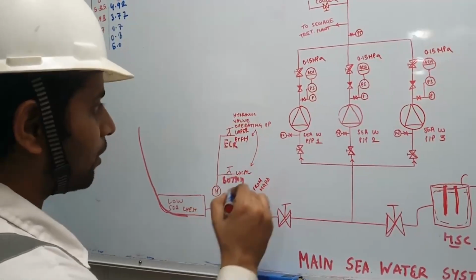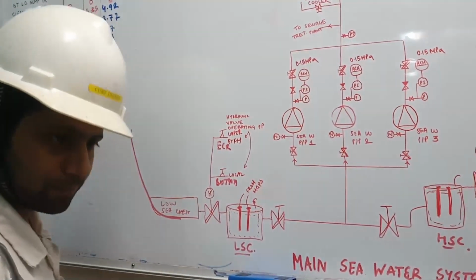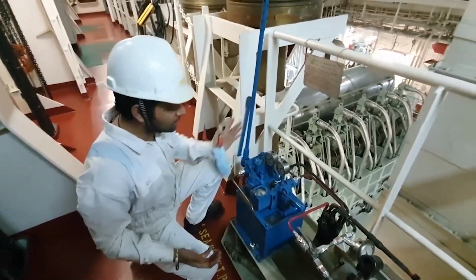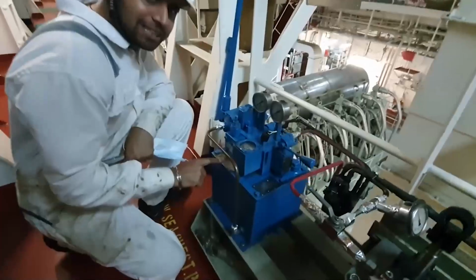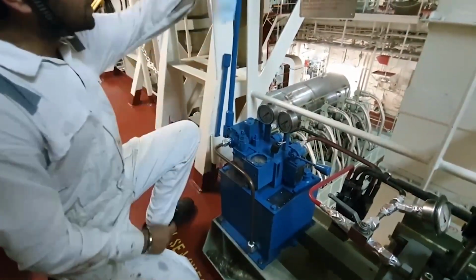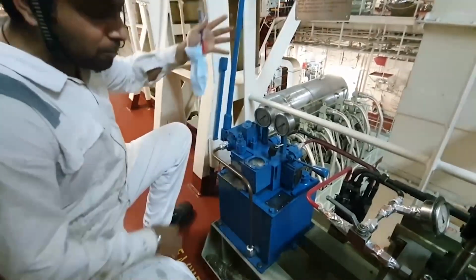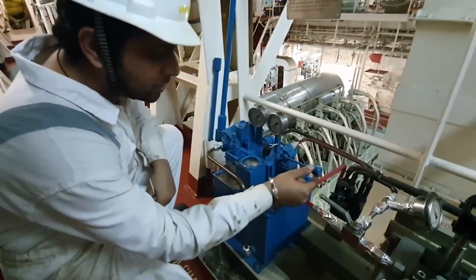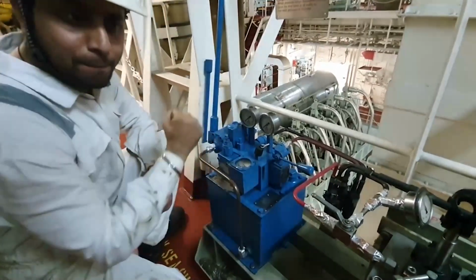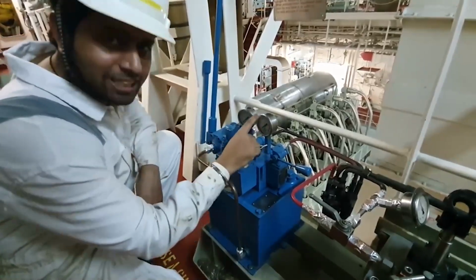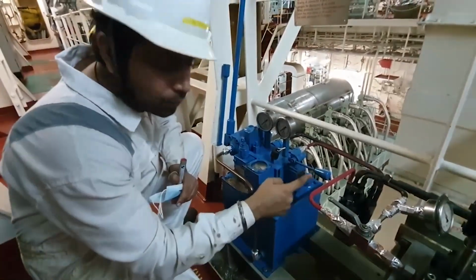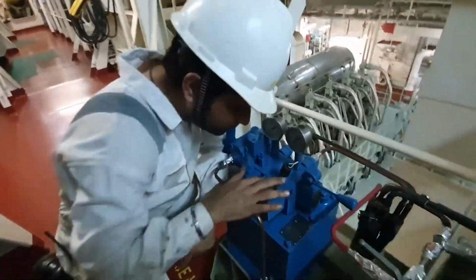Perfect guys, this is your hydraulic system fitted over there. Now first of all, let me come and show you this. Come. So guys, this is my engine control room platform, the ECR platform. I'm not on the bottom platform. This is the low sea chest and pump fitted over here. If I want to operate this one, I can do it from over here. How? This is a hand pump fitted. I will build up pressure from over here, and this is a directional valve fitted over here, so I can move it in the open direction or the closed direction as I want. When I pump, I will see hydraulic pressure developing over here, which is going to close or open the valve. The direction is going down over here, and I can see the indication come over here.